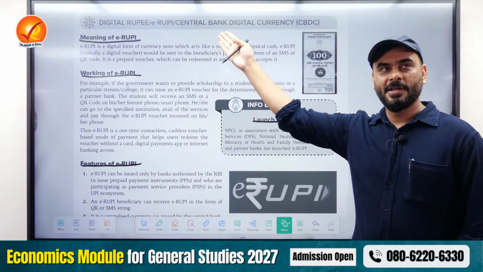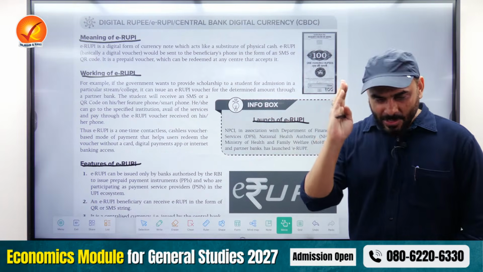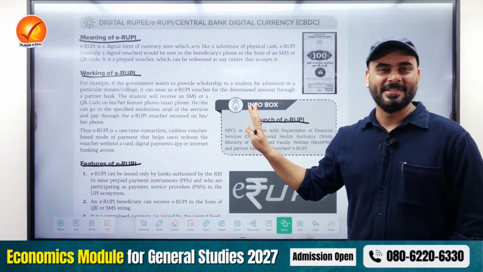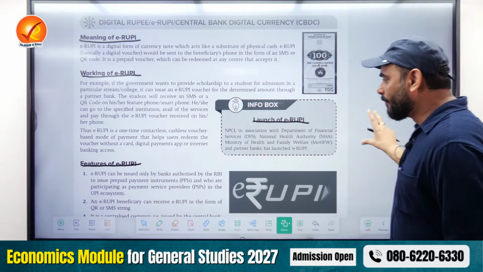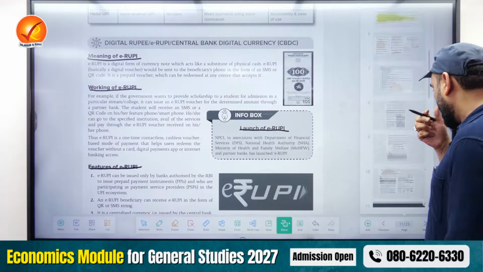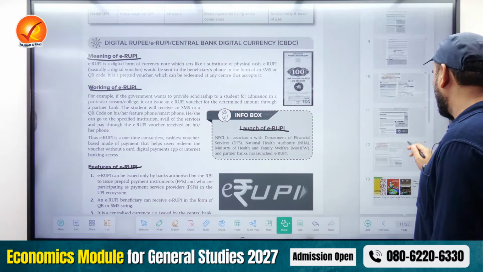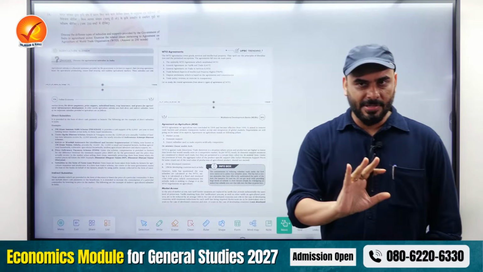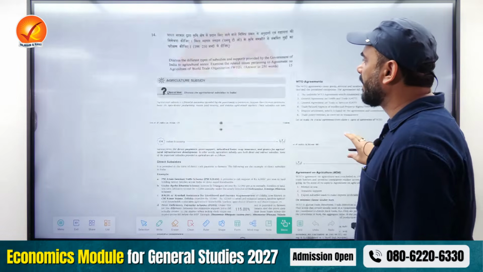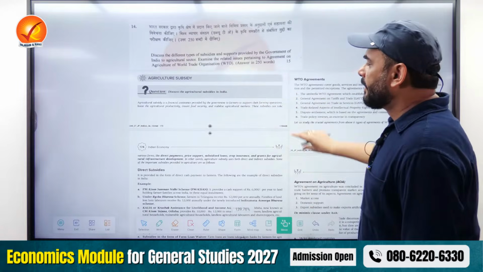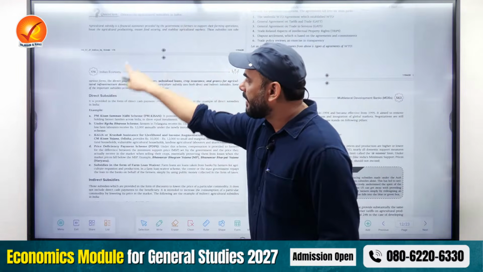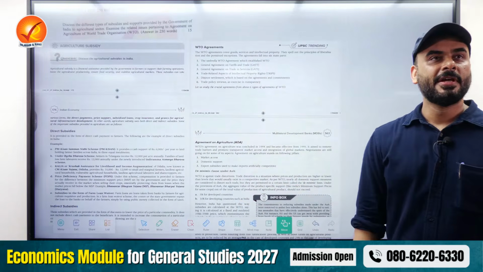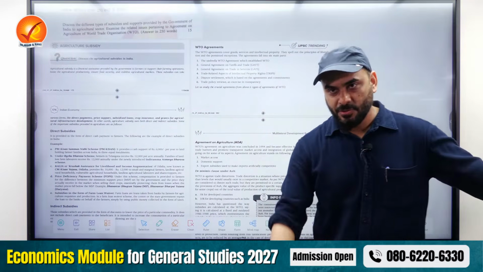Which means that yes, we followed a very conventional method of preparation without too many experiments, and we can answer these questions in the exam with a lot of comfort. It shows only one thing: if you do extensive studies and follow a certain way of studying, it is possible to largely answer most of the questions. See, this is a question related to agriculture subsidy and the role of WTO. That's your notes. This is agriculture subsidy, direct and indirect, and this is the role of WTO. That's your answer.